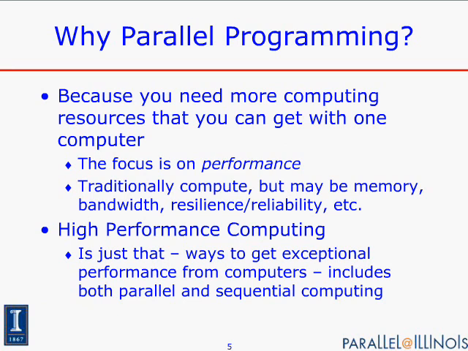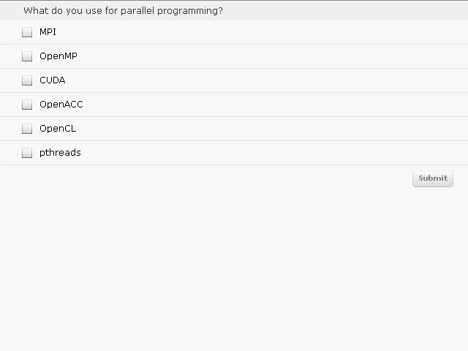So I include in high-performance computing, something which is the subject of our special interest group, getting exceptional performance even from a single core, which is, of course, an important part of getting exceptional performance from a full parallel machine. So to start with, it will help me if the audience can let me know what they use for parallel programming. If what you use is not on this list, I will deduce that by subtracting the number of votes from the total number of attendees.